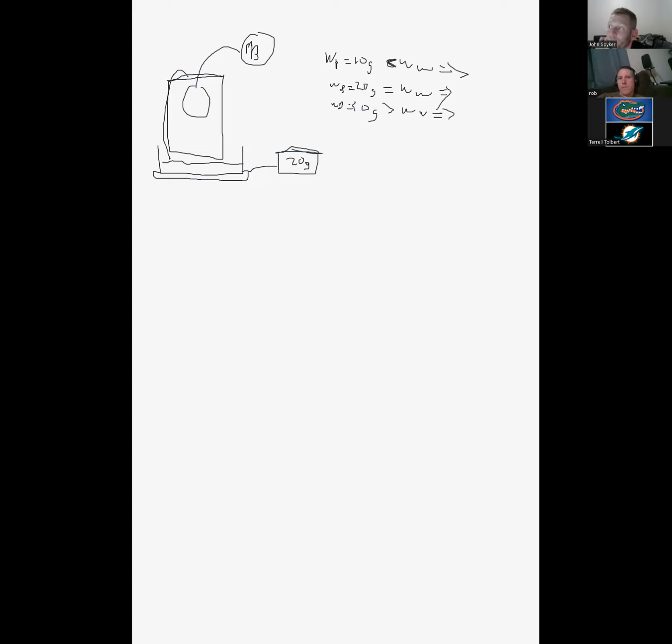So what do we conclude here? Rob, what do we conclude on this one? This is the easy one. The ball would float, sink, or be neutral? Neutral. And then for this one, the ball would be negatively buoyant. It would sink. And here, the ball would be positively buoyant. It would float. Because if the weight of the object is less than the weight of the water it displaces, the ball will float. Conversely, if the weight of the object is more than the weight of the water it displaces,